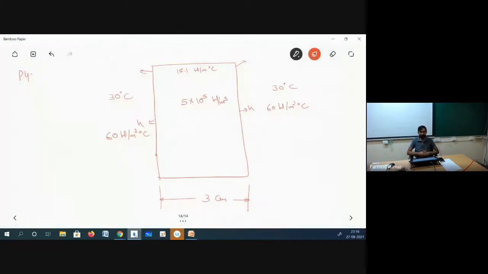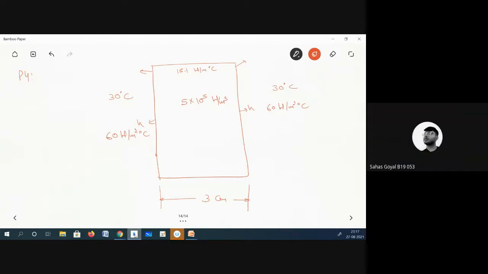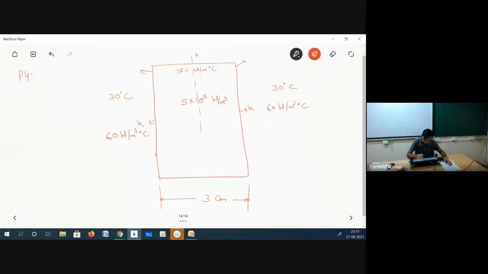values. So can you tell me where we will be having the highest temperature over here? Please see the physics of the problem, and based on this, if you can comment on the highest temperature within the plate. Sir, center of mass of the plate. Yes. So at the center of the plate, we will be having the highest temperature, and the lowest will be at the side faces.